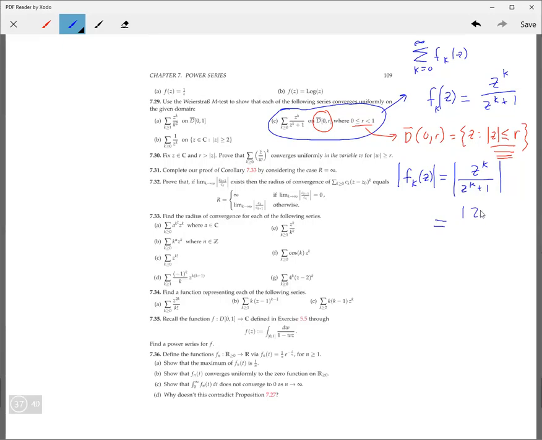And the first thing you could do is set up like that. I don't want to do too many steps at once, so I can split absolute values or modulus up into the modulus of the numerator divided by the modulus of the denominator. Okay, the modulus of the numerator,